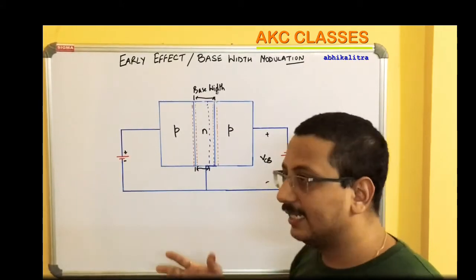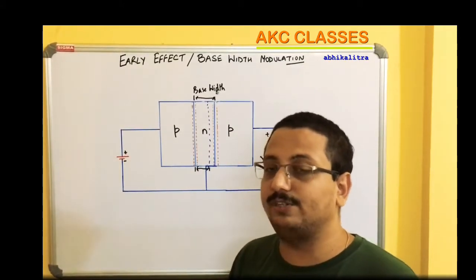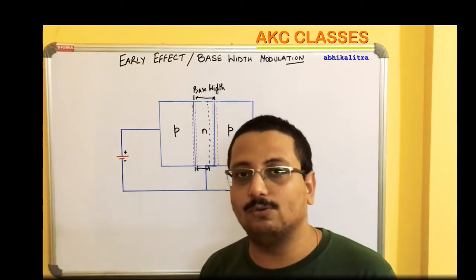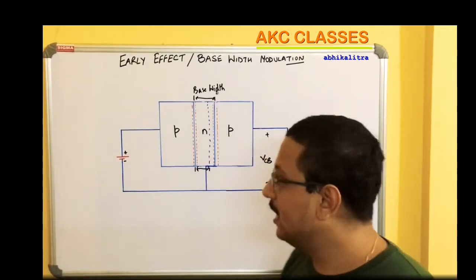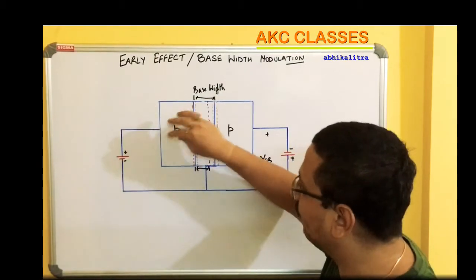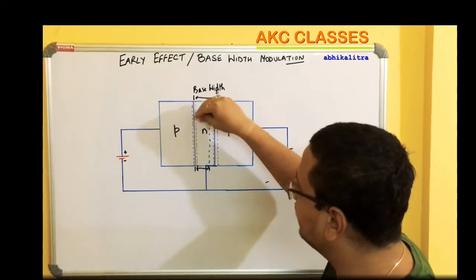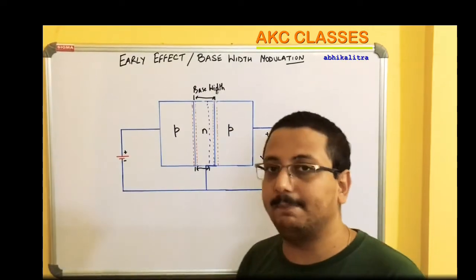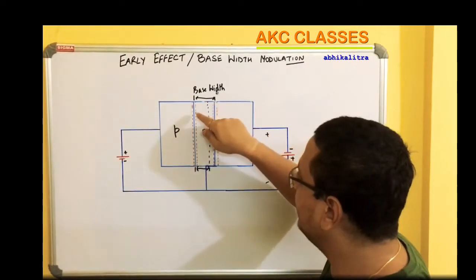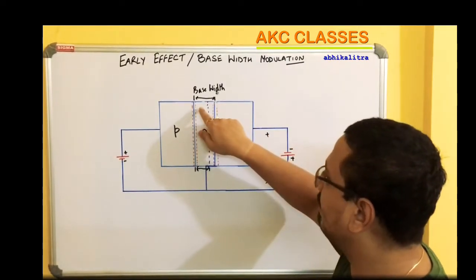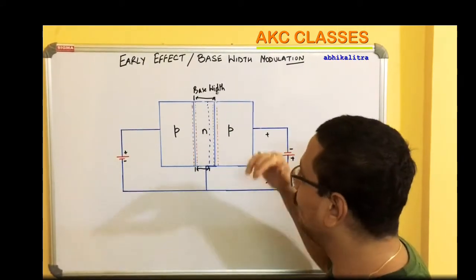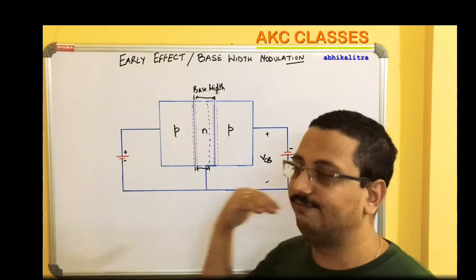Now what happens is, when the concentration of holes increases in the base section, the vibration among the holes also increases rapidly, right? When it increases rapidly, much of the energy they have already acquired from the forward bias, and after that, when it reaches the base section, the vibration makes them even more energized. These holes then easily jump over the depletion region and reach the collector section, and due to this the collector current increases very rapidly.